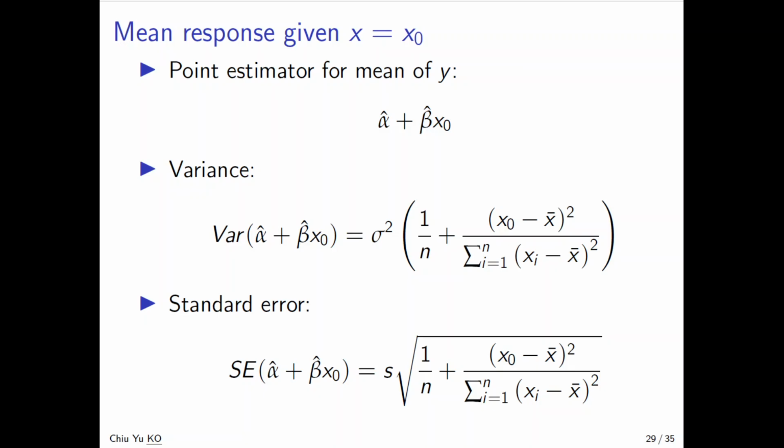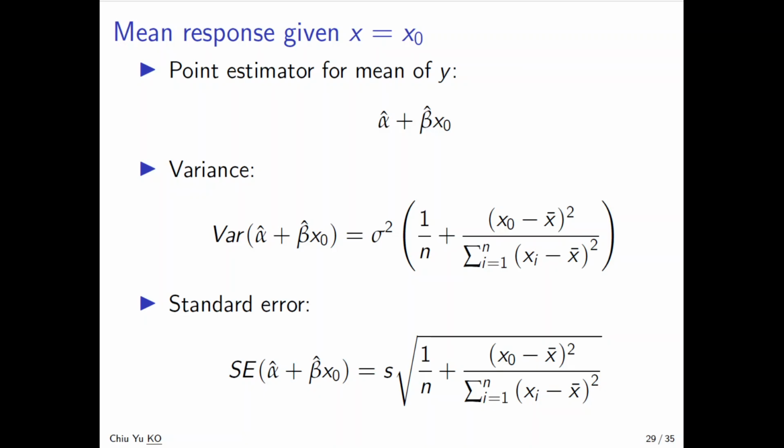For example, in the beginning example, we talked about education and income. What we want to know is the relationship between education and income, the return of education. We want to say, is it worth spending more time in college, or studying for a master's degree, a PhD, or a doctoral degree? That is the idea. So the first thing we want to talk about here is the mean response,